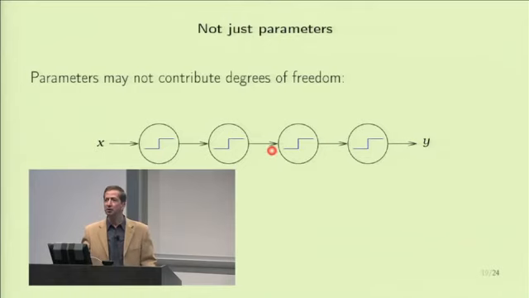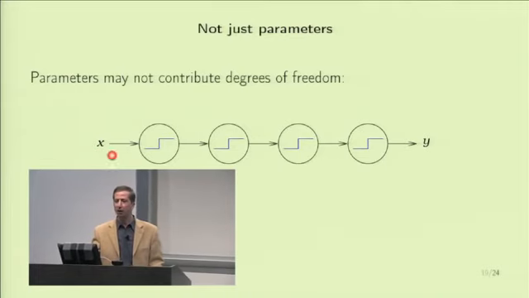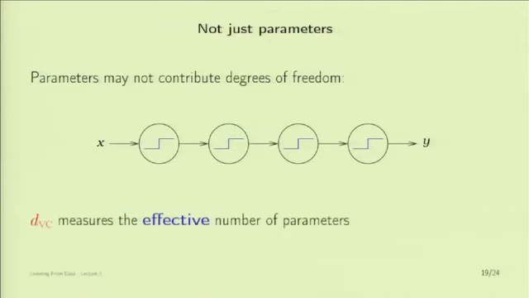So if you are counting the number of parameters, you will say, okay, I have a bunch of parameters. But if you are resorting to the VC dimension, you don't care about this box. You don't even know it. It's a black box. You look at X and Y and ask yourself, how many points can I shatter? And you get the answer that you will get for one of these blocks by itself. So the rest of the guys don't matter. So you can think of the VC dimension as measuring the effective number of parameters rather than the raw number of parameters. And I gave you a case where the effective number of parameters is smaller,